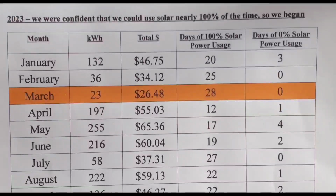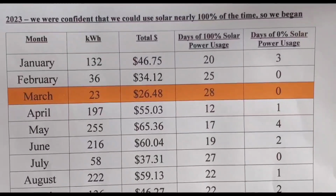So that's 23 days of one or the other. There's 31 days in January, so there would have been 8 days that were in between, somewhere between 1 and 99% solar usage. Since March has 31 days, you can see 28 of those days was 100% solar power. 0 days were 100% grid power. That means 3 of the days during March had some little portion of electric grid power, and that's why we got to the 23 kilowatts. Now looking down further,